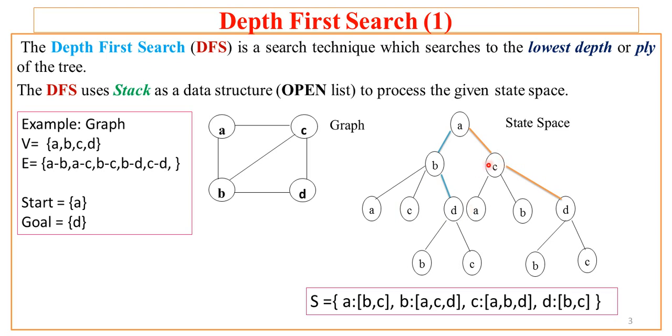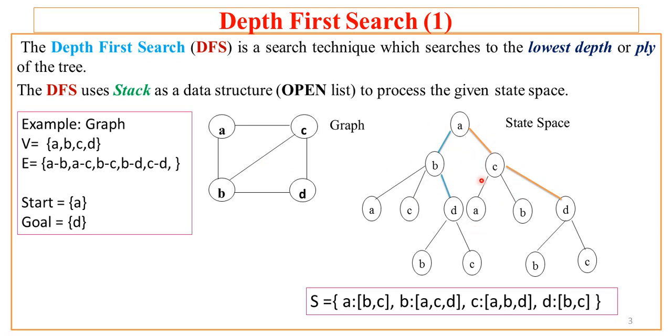Similarly, C has immediate successors A, B and D. So I have specified here. And for D, what are the immediate successors? So for D, there is B and C. So here we are having D connected to B as well as C. So we have to explore this D at 2 places. One as the part of the B, that is D is child of B, and D is also child of C. So here B and C. So this way, this is the complete exploration of state space. So for 4 node graph with 5 edges, we have this exploration.